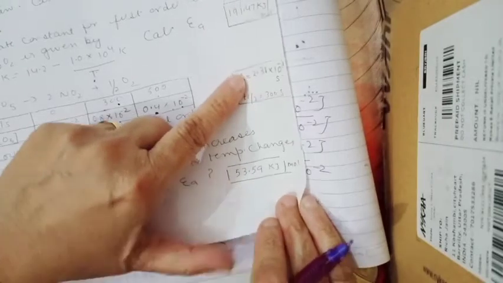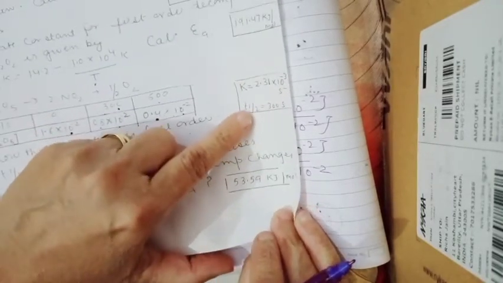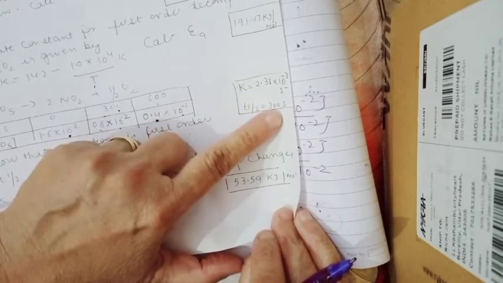If K1 is equal to K2, then it will follow the first order kinetics. And if it follows first order kinetics, it is very easy to calculate T half, as you know that T half is equal to 0.693 divided by K. Substitute the value of K here and find the T half. Check whether your answer comes out to be K is equal to 2.3 into 10 raised to power minus 3 second inverse, and T half is equal to 300 second.